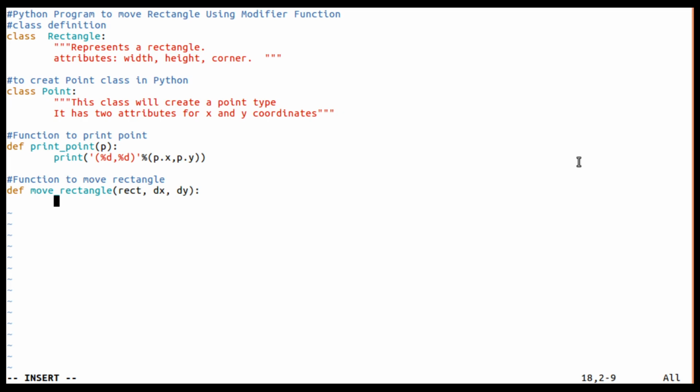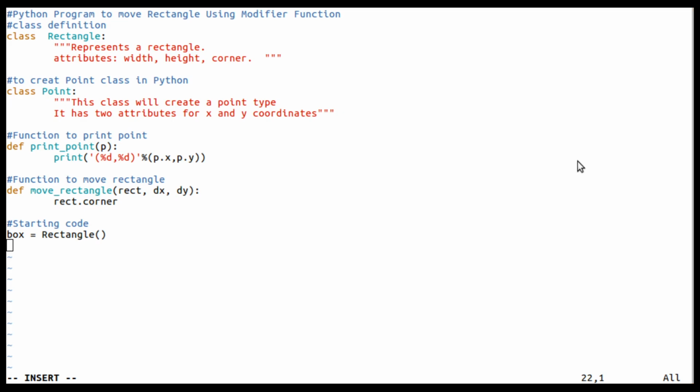Now here, rect dot corner, because every rectangle will have a corner. If you want to first define a rectangle, that can be done too. Here I am writing the driving code or starting code. Box is equal to, I'm going to create a new rectangle.